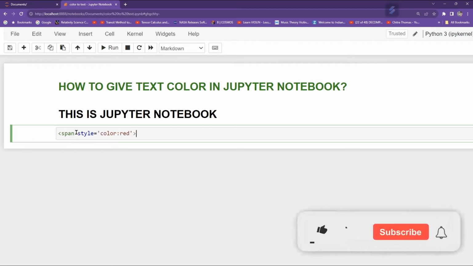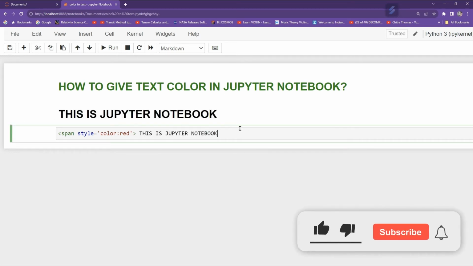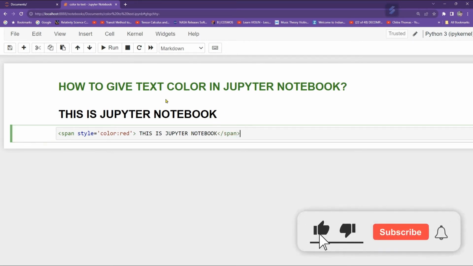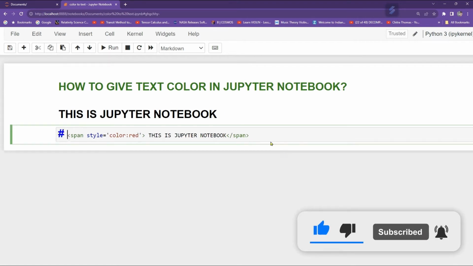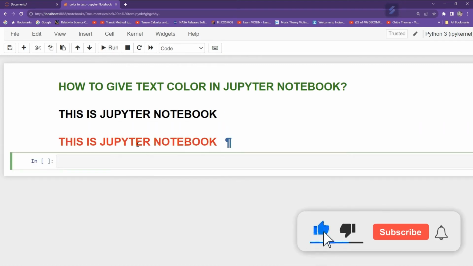and close with the angle bracket, and then give your text. I want to give the same text, so I will give the same text, and then I will type the closing tag here, angle bracket, slash span, and close with the angle bracket. Now run it, and also give the heading hash. Now run it. Okay, so here you can see that this time the text has been written in red